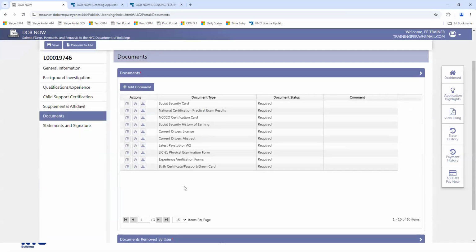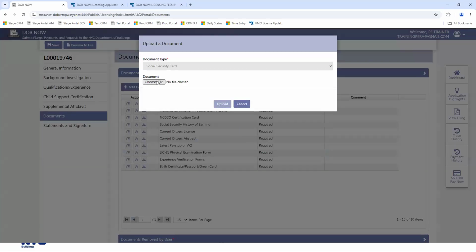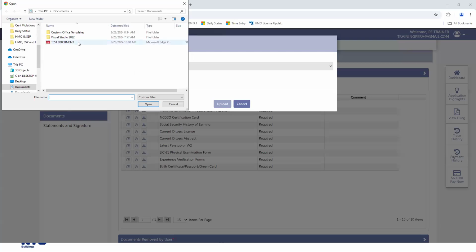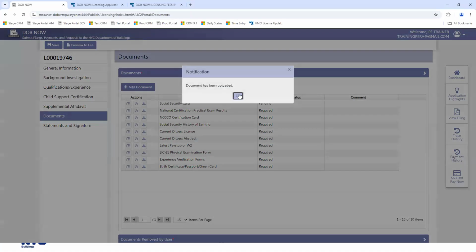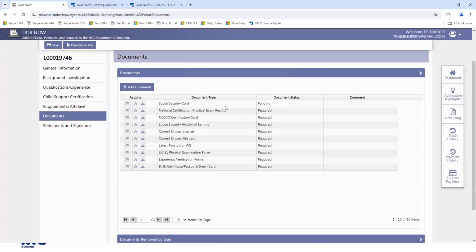So you see, I've got all of my documents listed. And for each one, I need to click the Upload button, navigate to my document, click Open, and then click Upload. You get a notification that it's been uploaded, and you can also tell it's uploaded because the document status changes from required to pending.